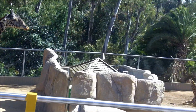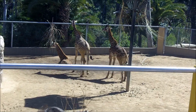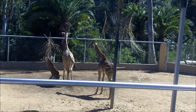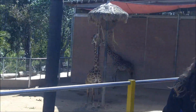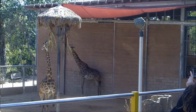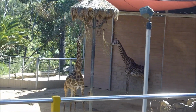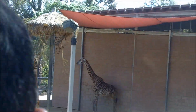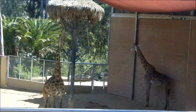Now giraffe moms have it pretty tough. They're pregnant for 14 months, and at the end of that 14 months, they give birth to a 6-foot, 150-pound baby. They do give birth standing up, which means babies experience a 6-foot drop, which breaks the umbilical cord and gets them breathing on their own. Now, fun fact, for every foot a giraffe is tall,